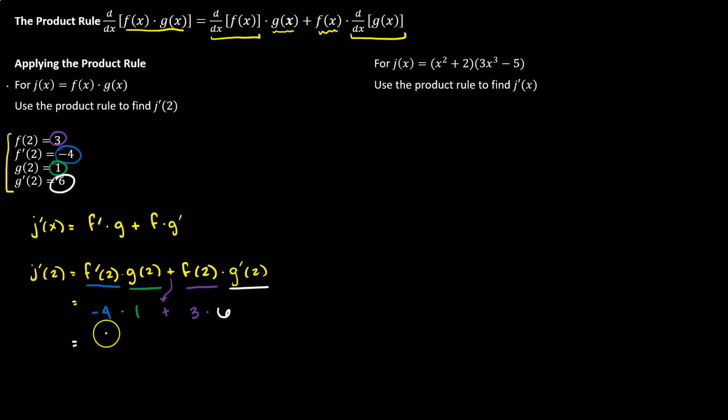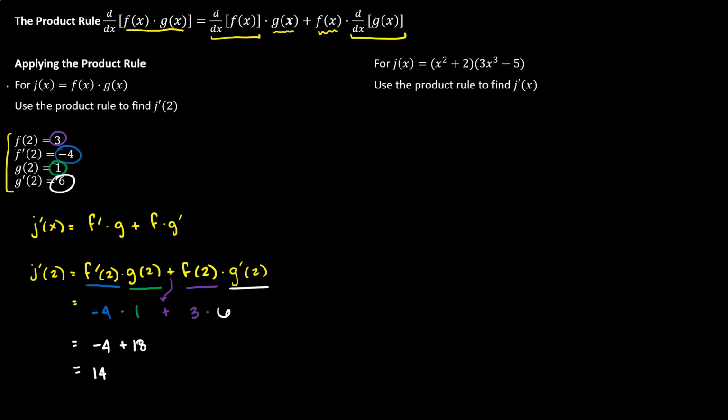And then we can simplify using order of operations, so we'll multiply to get -4 plus 3 times 6, which is 18. And then we add those to finalize, so we get a +14 for our answer. So in this first example, we're not really calculating any derivatives, we're just using the product rule to take information that we have answers for and arrange it into the right format to calculate the derivative